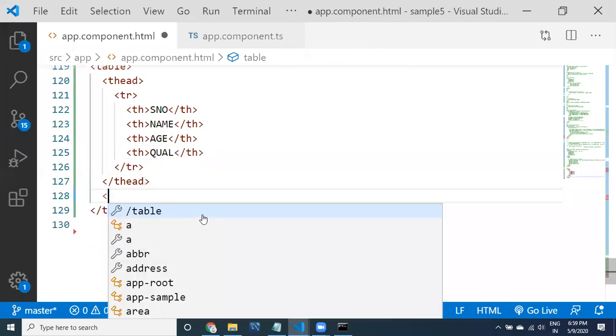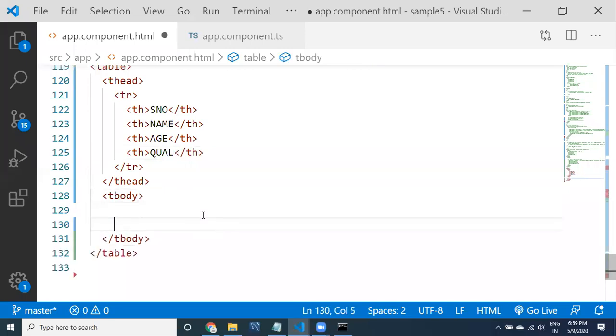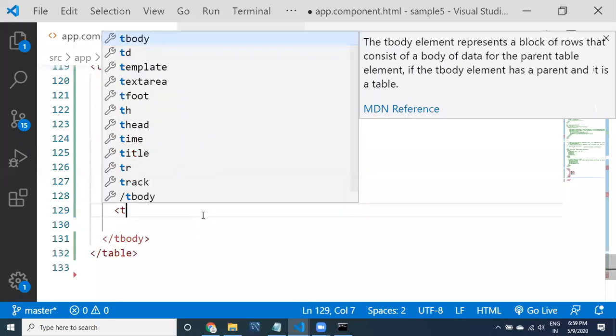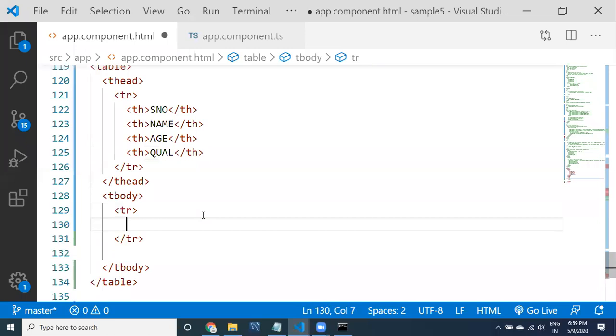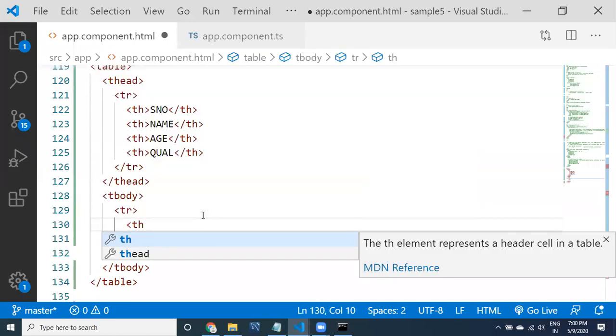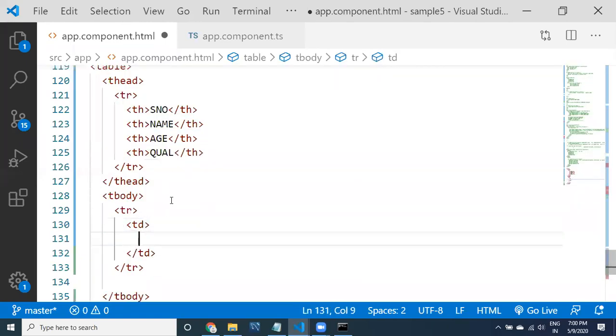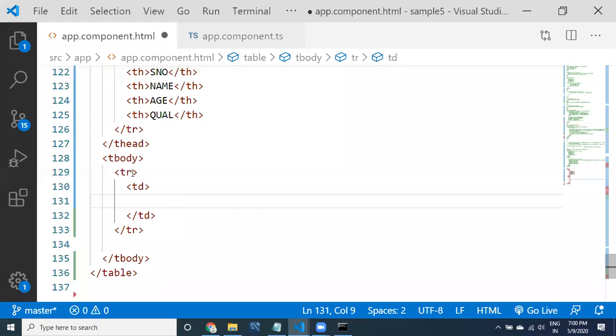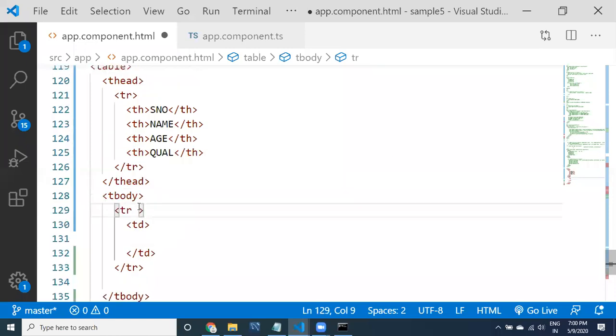Now t body. Within the t body, tr, td. Here actually we need to repeat the tr, so I have to repeat the tr because I want to read the data.